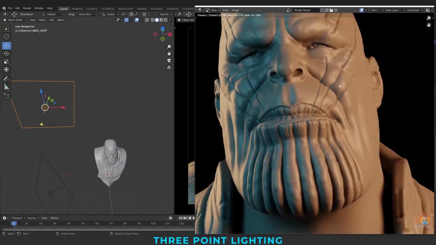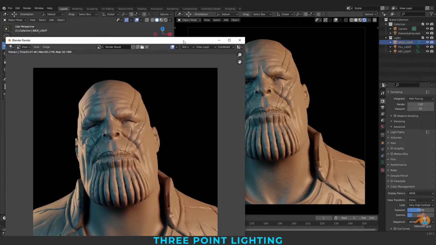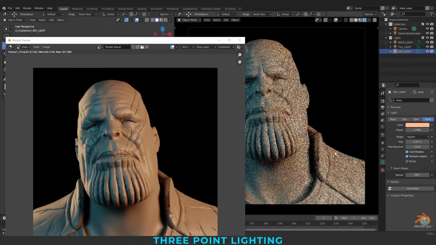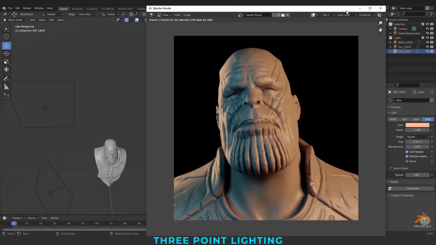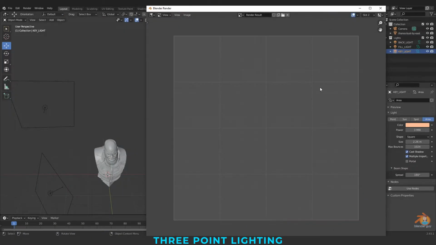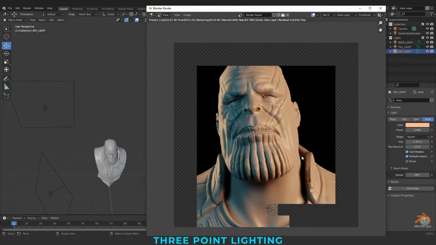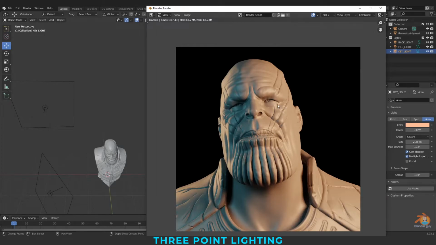It's not just about placing 3 lights, but about creating a strong key. The intensity of the key light we can actually increase. Let's quickly render this. So this is 3-point lighting.